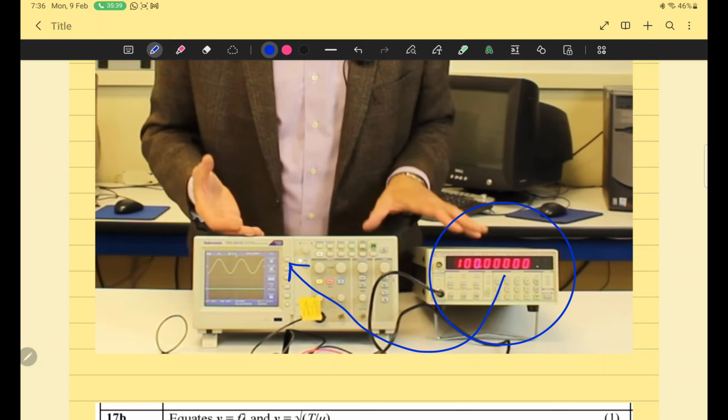ठीक है ना। And I have taught your topic CRO. In CRO I taught you that we can calculate the frequency of the wave display. We can calculate the time period of the given display. ठीक है जनाब। So we will connect this signal generator with the oscilloscope, and from the image or the pattern formed on the screen, I can calculate the frequency of the signal generator, and then I can confirm कि whether जो उसके ऊपर नंबर लिख के दिए हैं वो हमें सही दिए हैं या नहीं। ठीक है जी।